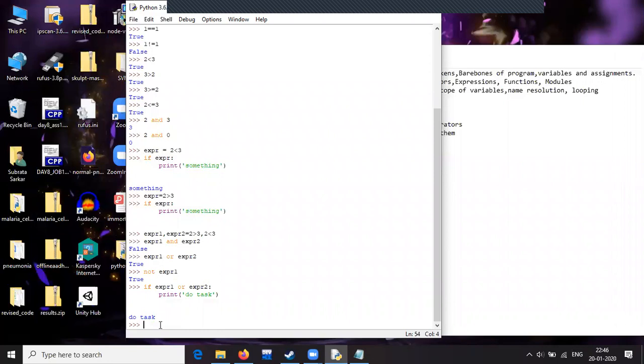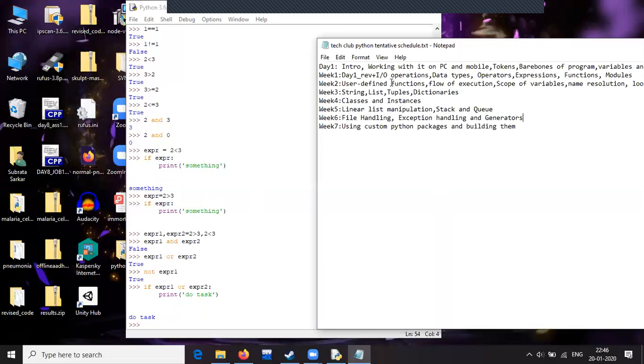And as we know the result is true, so do task is being printed. So if true, then the block is being executed. So this is how the if statement works and how the operators work. I guess I have discussed most of the operators. Yeah, almost all of them. So yeah,